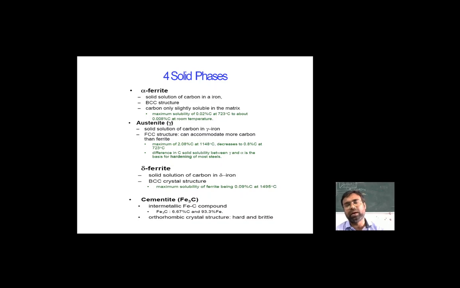and we discussed that there are four solid phases present when the particular temperature and composition meet. The first one, at approximately 727 degrees centigrade, is the alpha ferrite formation, a very pure form of iron, soft in nature, and these are the very basic solid solution of the carbon in the iron. I am calling it a soft material because the percentage of the carbon in it is very minute.